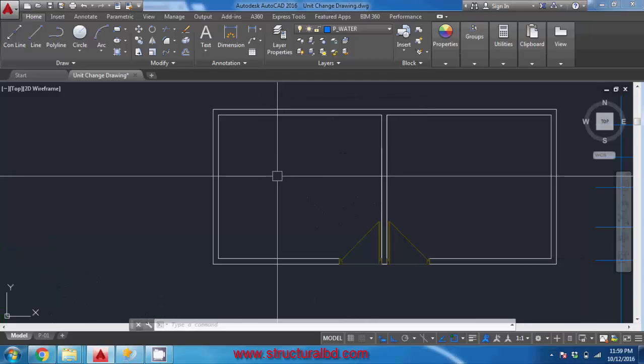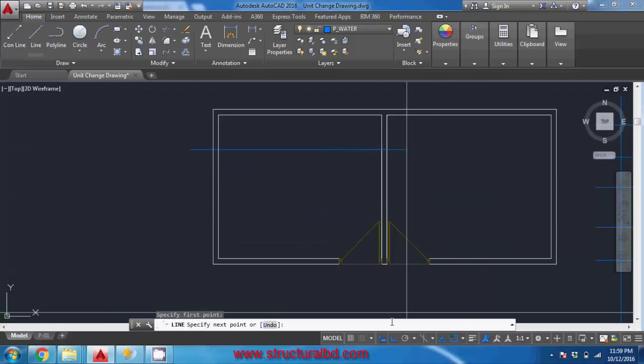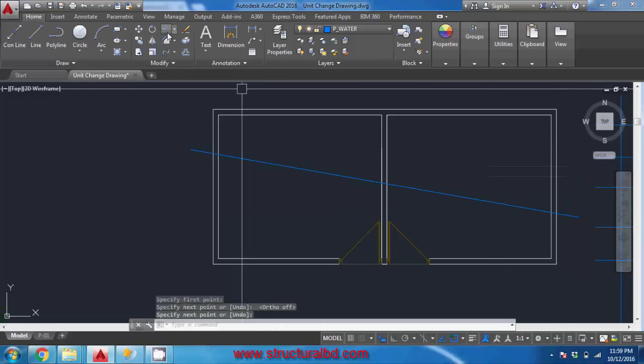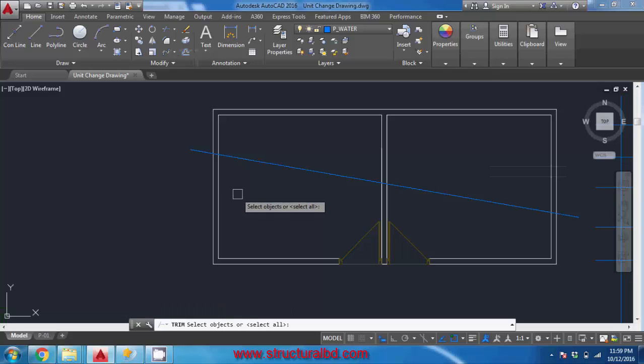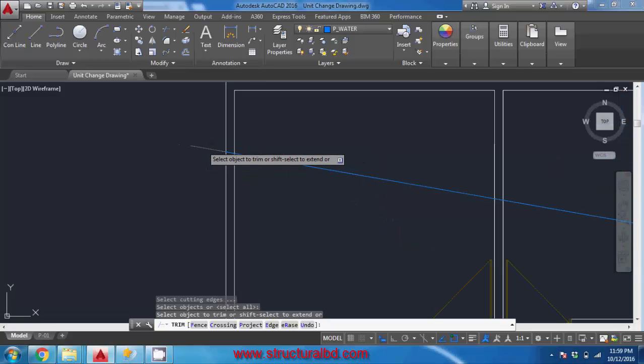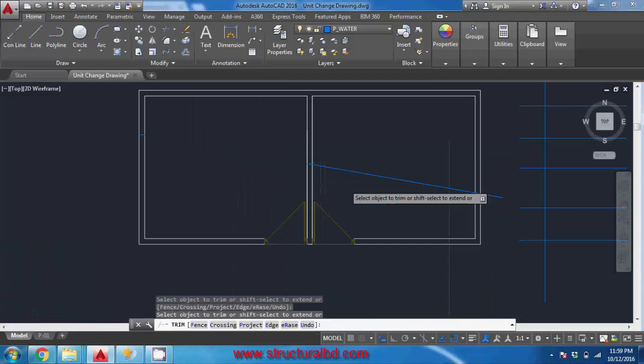In this video you will learn about the trim and extend command. Before starting, draw a line and say ortho up to draw an inclined line, and go to this modify panel and click trim. It is asking to select objects, by default this is select all. Press enter, and now click this extension part to get rid of, and click here to get rid of this portion, and